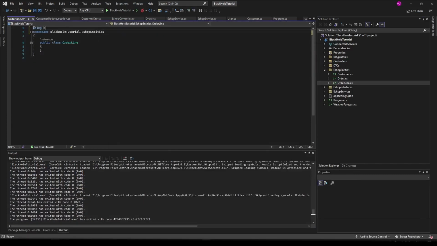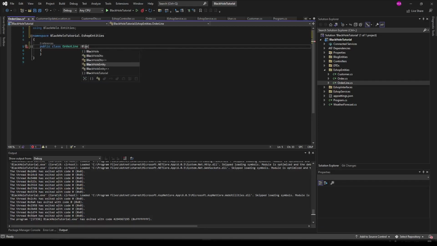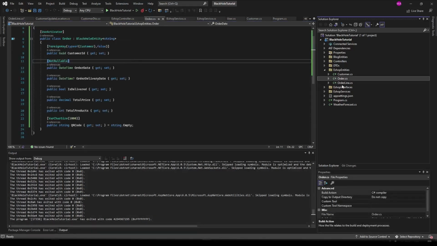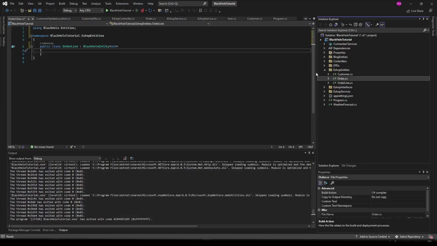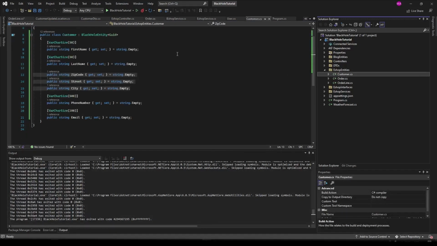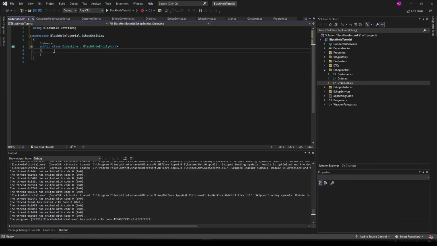So using BlackHole.entities, and we want this class to be what we want it to be. Let's use an integer ID. All right, what is this? That's a string, that's an integer. All right, we have one of each type of ID. So what could an order line have? Let's have a public string